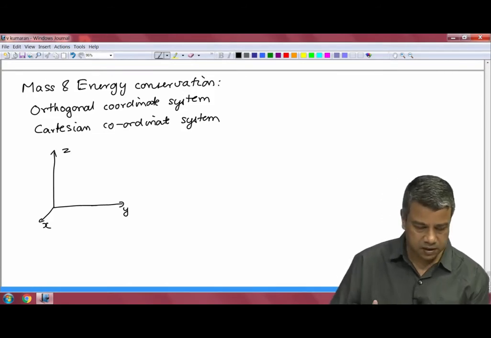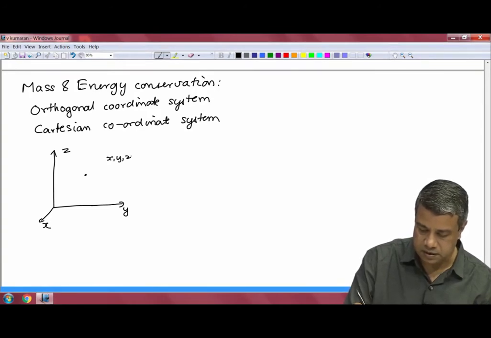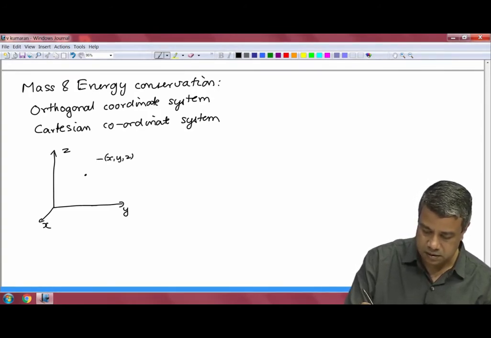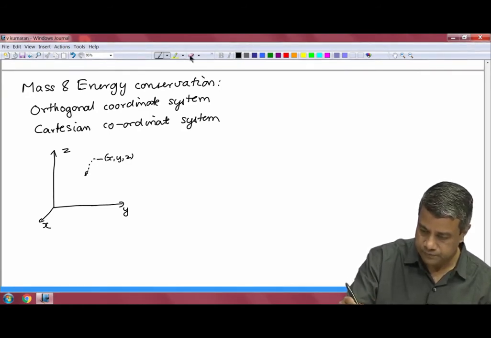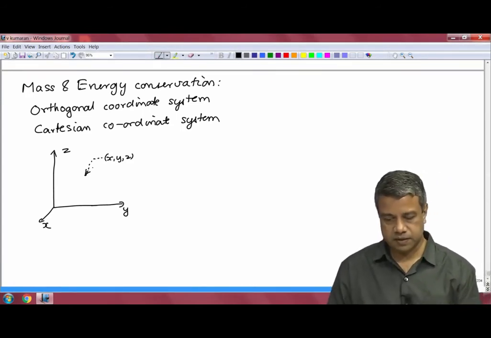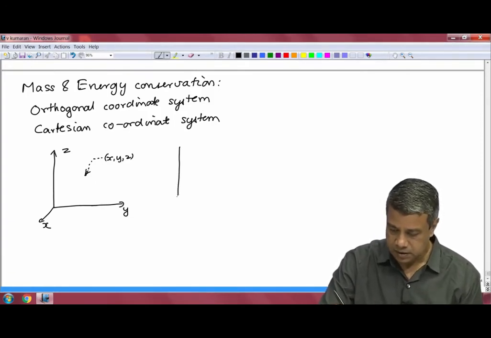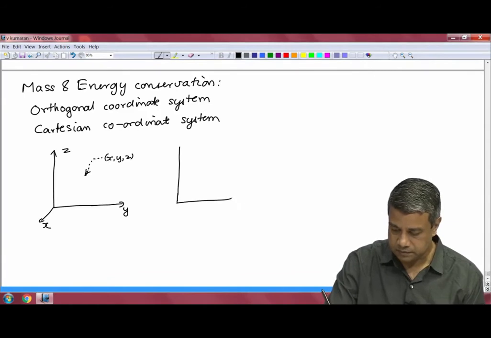And within this, each location is specified by 3 variables x, y and z. And at each location,